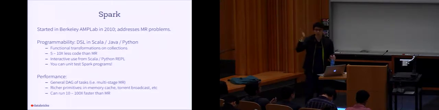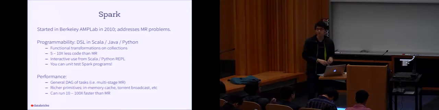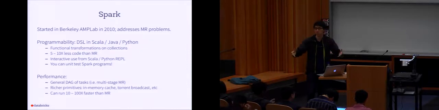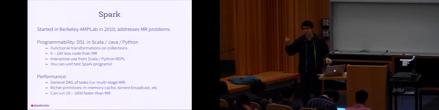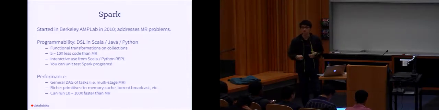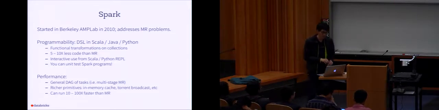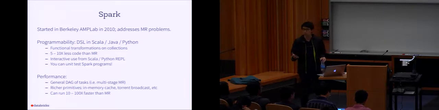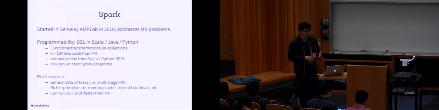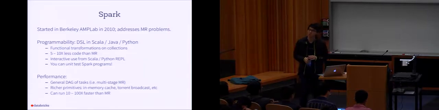So now you cut out all the intermediate I/O, and then there's other primitives that Spark provides. For example, you could actually put the whole data set, the whole RDD, in memory. And once you put it in memory, you can repeatedly query it without even going to disk at all for that. I think it's fairly common that well-written Spark programs outperform the MapReduce variant somewhere between 10 and 100 times.